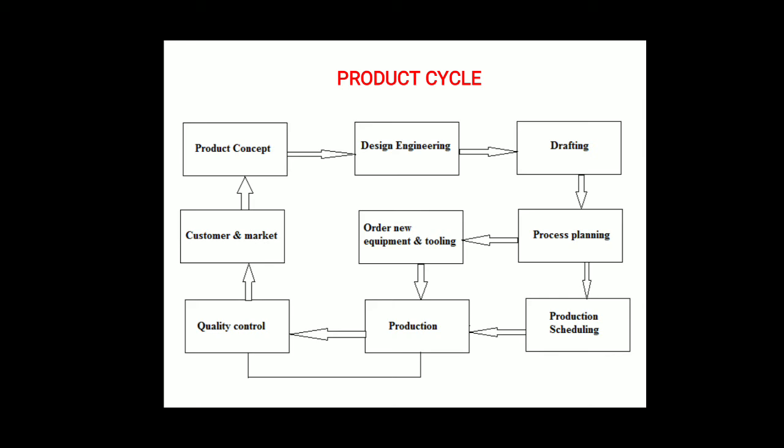Third, empirical design. In empirical design, various dimensions are set as a proportion to a certain main dimension. Example, various dimensions for a rigid coupling are given as a proportion of the shaft diameter. So in empirical design, some of the dimensions are set in proportion to a certain main or standard dimension, so it is easy for calibrating purposes or for reference.